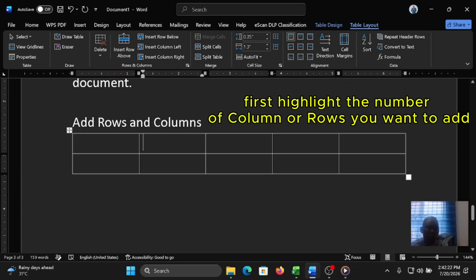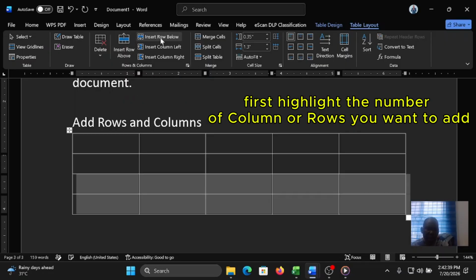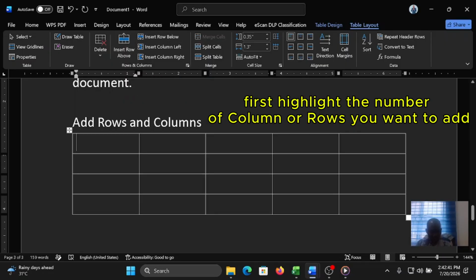Here we have just 2 rows. So I want to add 2 more to make it 4. I'm going to highlight the number of rows, table layout, insert below, and insert above. Choose below. So currently we have